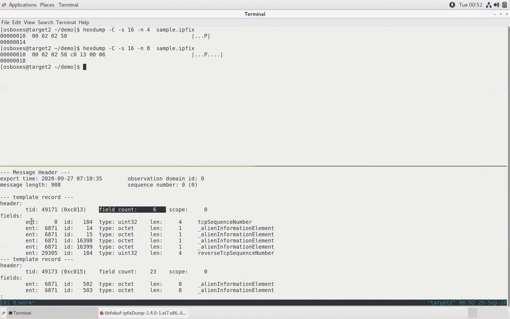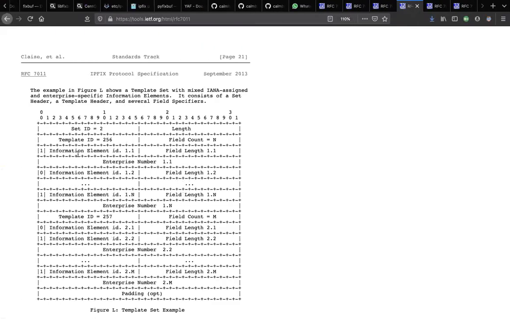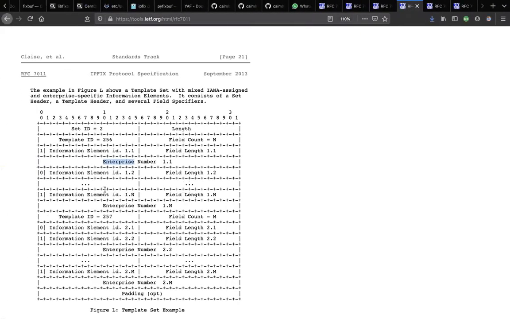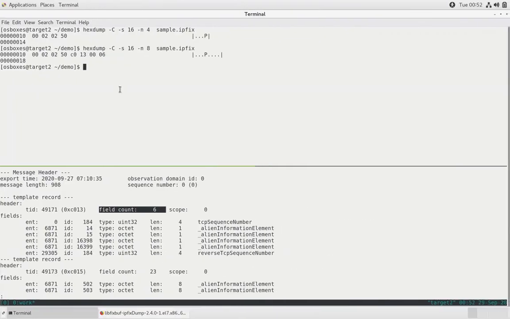If the value of ENT, which is equal to the enterprise number, is equal to 0, then we have a case of the first bit being equal to 0. And if it is non-zero, it means that the first bit for that particular field is equal to 1. So let us look at 4 more bytes.